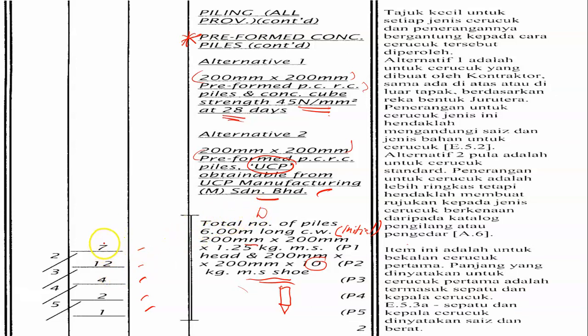So how do we get these figures here, 7, 12, 4, 2, and 1? This one is basically from our type of pile cap. What you can see here is the type of pile cap: P1, P2, P3, P4. You can also put here P1, P2, P3, P4, P5. Please make sure that for this taking off